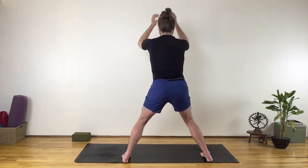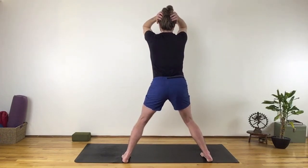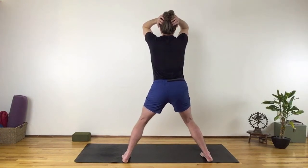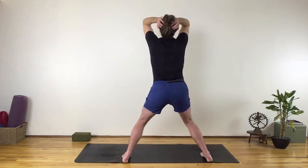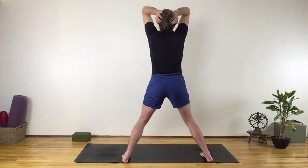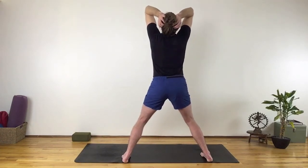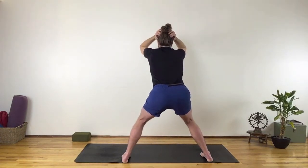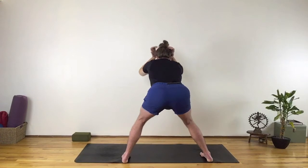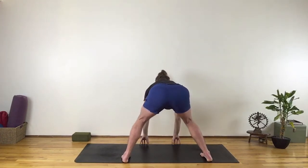Bend your knees, cup the back of your head, ecstasy arms position. Standing wide-legged back bend, lift the rib cage up, sit your hips back. Allow your belly to get longer and stronger at the same time. Then hinge forward at your hips, knees bent, move your hips way back, touch your fingertips to the floor,